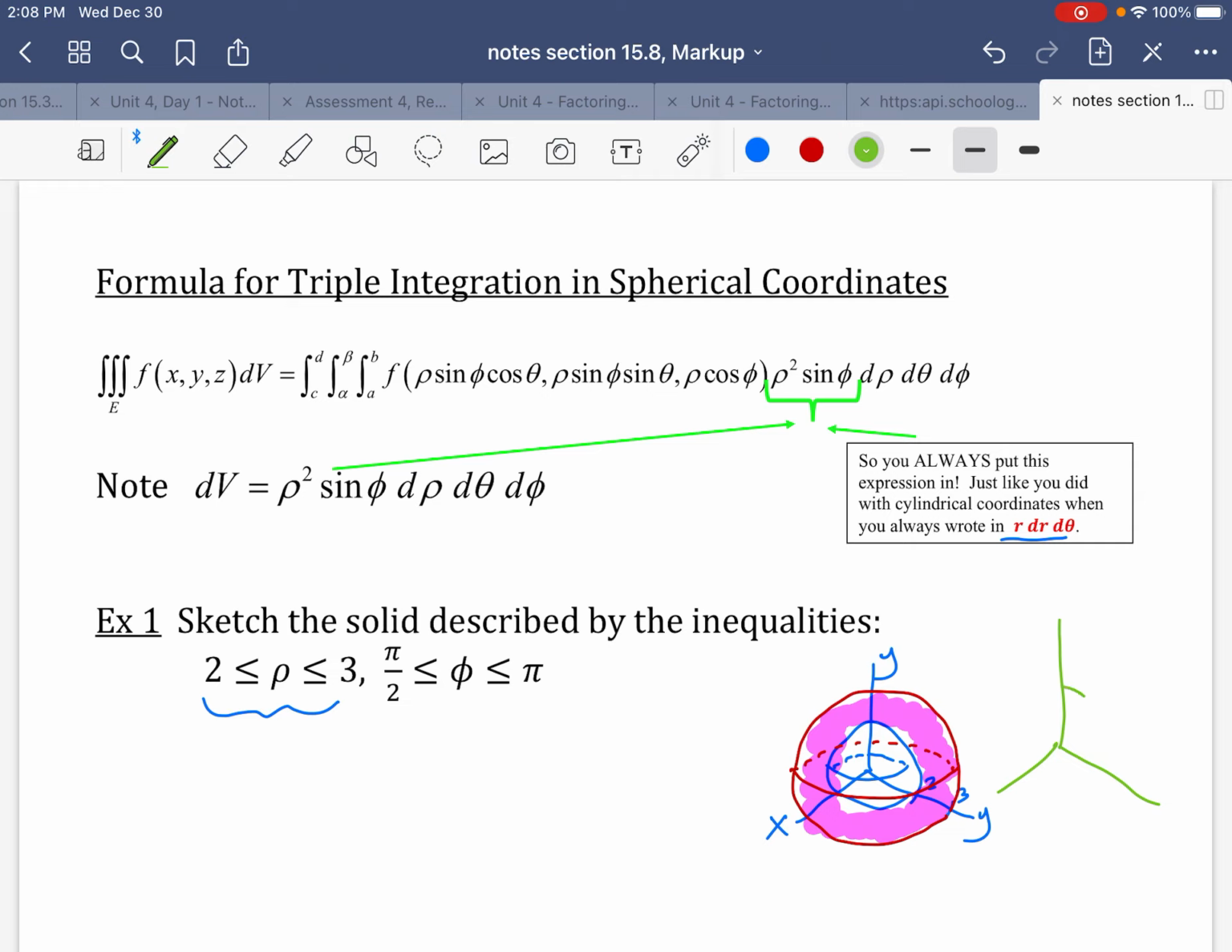Well, pi over 2 puts you to right here, and here's the negative z-axis, and pi puts you further to there. So it's going to be between here and here. And so it's going to be basically the bottom part of this, right? And it doesn't describe anything to do with theta, so we're going to consider it all the way around. And so basically what we're doing here is we are going to have the bottom half that's below the xy